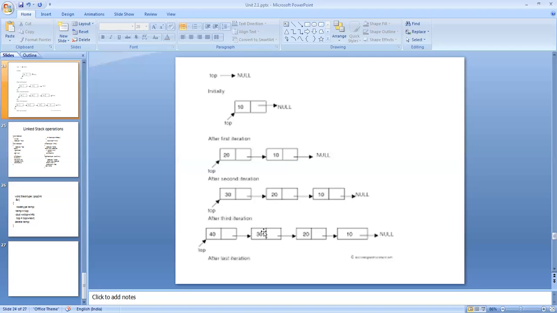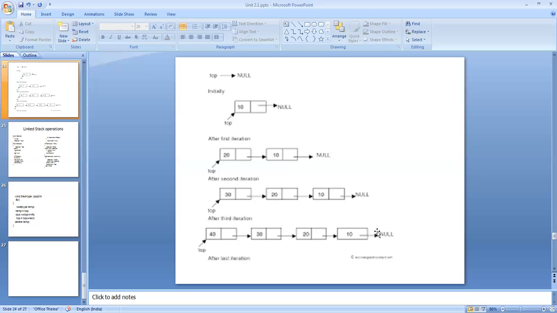Again, I say temp reference info. This 30 is displayed. Then the value of this pointer member is given there. So this is my temp reference next. The value of the temp reference next is given to temp, then temp will move from here to here. So this will go on as long as my temp reference next is not equal to null. When the temp is moving from here to here, I will display this value, but the next field is pointing null. After this, I am moving out.